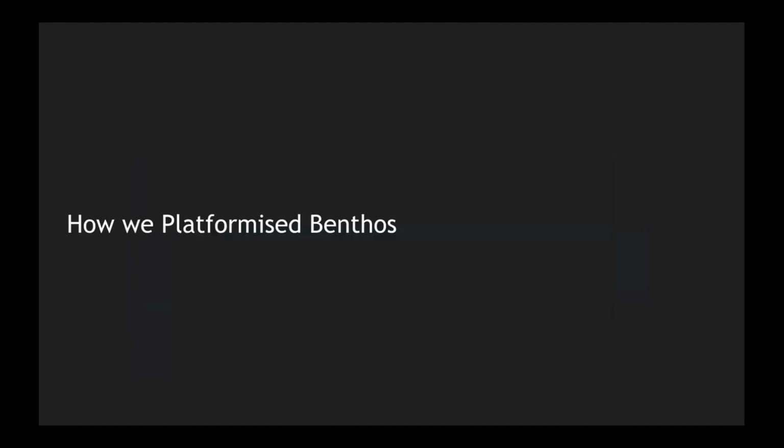Okay, so now we have talked about how Benthos can be done on a single job. Now, how do we platformize it? How do we take the Benthos job from a single team to basically org-wide? Currently, Benthos is used by MLEs, SDs, as well as basically any engineer working on stream processing that wants a simple ETL dumb job. They are using Benthos. So we platformized it. How did we do that?